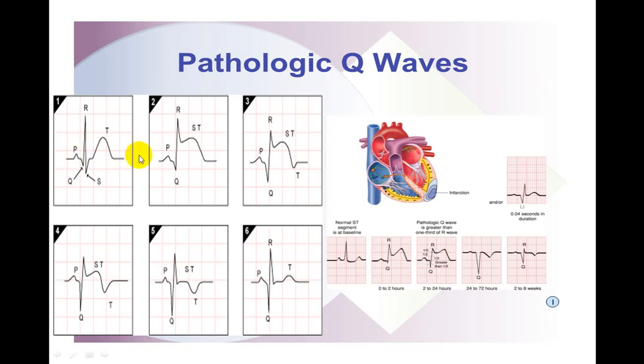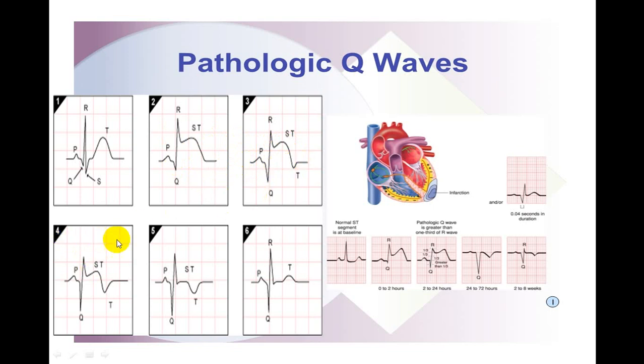As it advances, you will see now a small Q wave is becoming deeper and the ST segment gets elevated, or we call the J point is being elevated. So this is the height of ST segment elevation. If the ST segment is elevated more than 2 millimeter, it is 100% in favor of an acute MI. And as it advances further, you can see that the Q wave is becoming deeper and deeper, the ST segment is elevated, and now the T wave becomes inverted. See this inversion of the T wave.